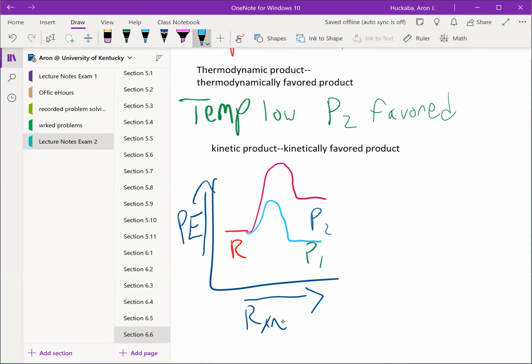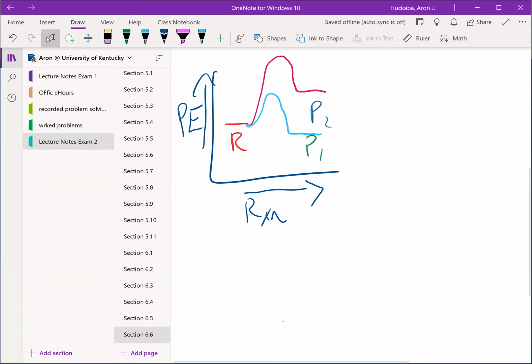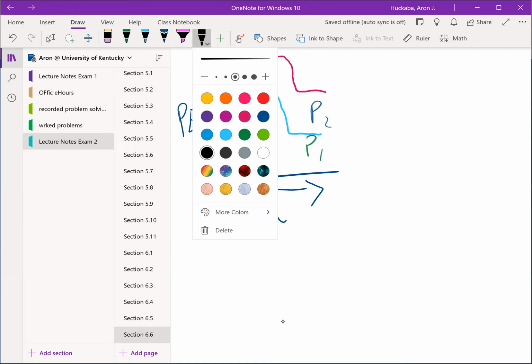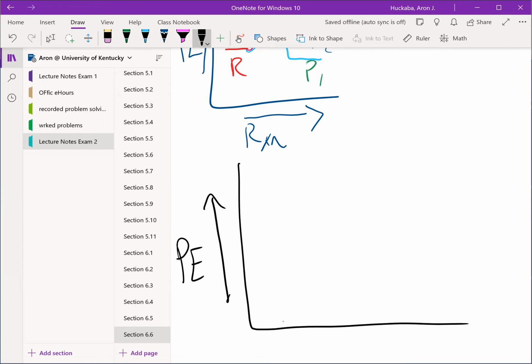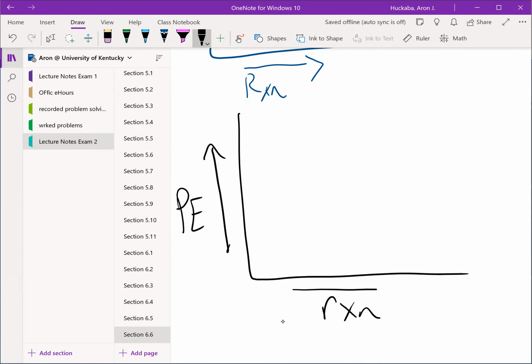All right, so then the last thing we'll talk about here in this chapter is another thing that happens. Or it's not the last thing we're talking about, but it's almost the last thing. Instead of a one-step reaction, you can have multiple step reactions that you display using energy diagrams. So here, again, potential energy increases going up the y-axis, and the reaction progress increases going right on the x-axis. You can have a case where your reactant here